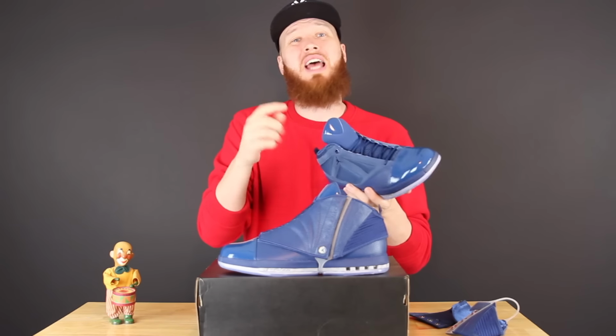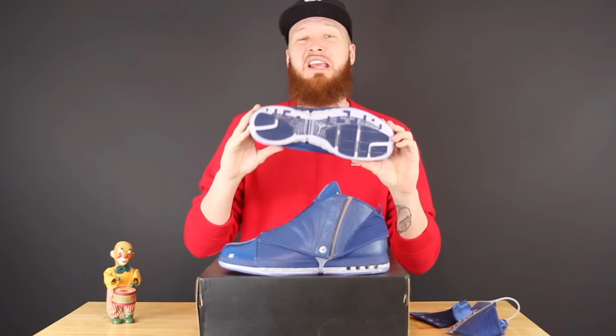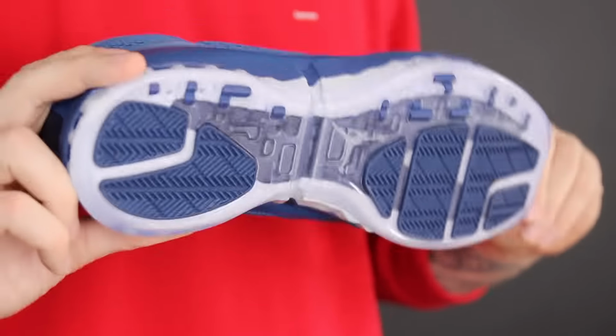There's also the number tag on the back of the tongue so you know which number you have. Ice and navy bottoms again. New York Yankees. I mean, it doesn't get much more New York than this right here. It doesn't get much more New York